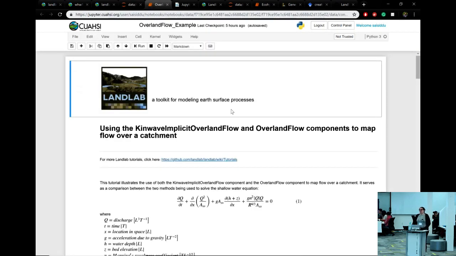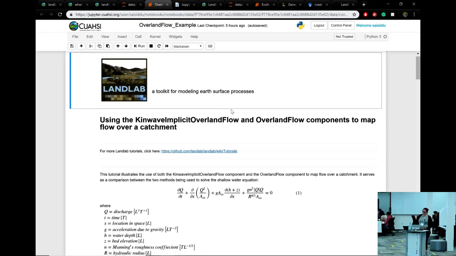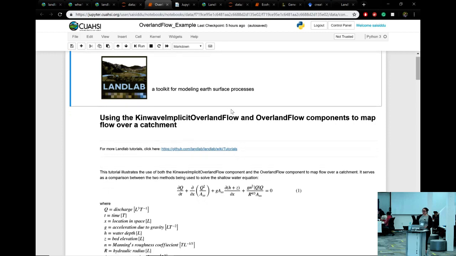the example that I'm going to go through is actually a comparison of two components, two different ways of solving an equation in Landlab. We actually have a few different components that might have a couple different ways of solving a certain equation, and this is one of the examples. So this is a simple tutorial. I'm only looking at one component at a time. Sai is going to be going through where you actually couple a bunch of components together to create a more